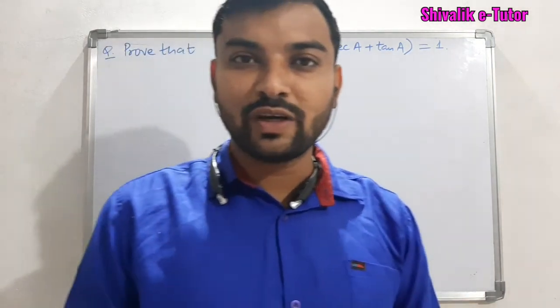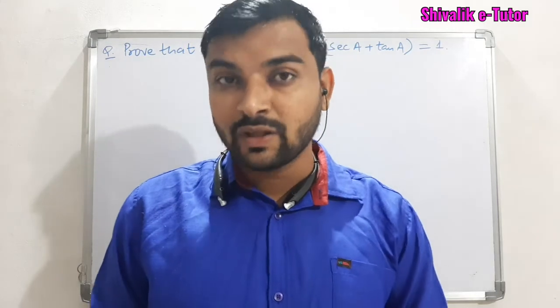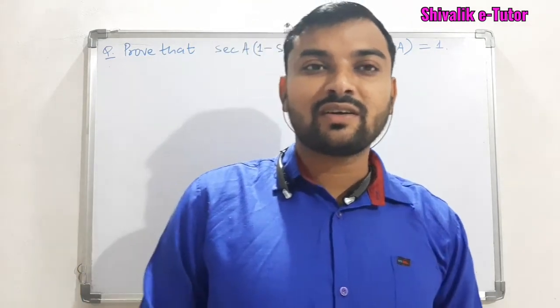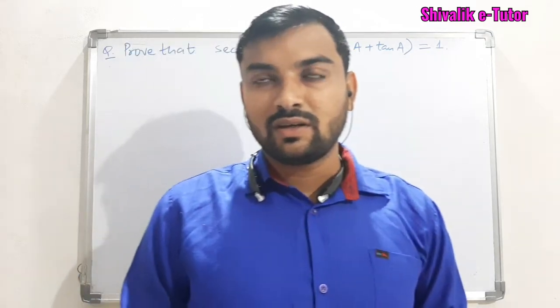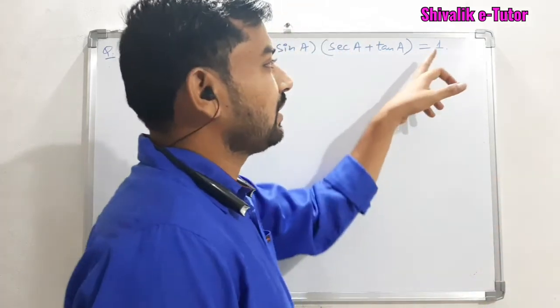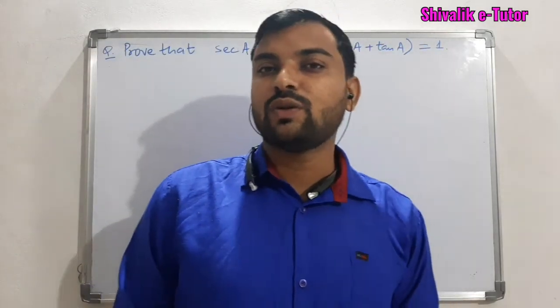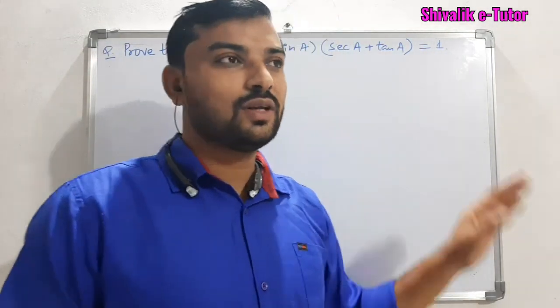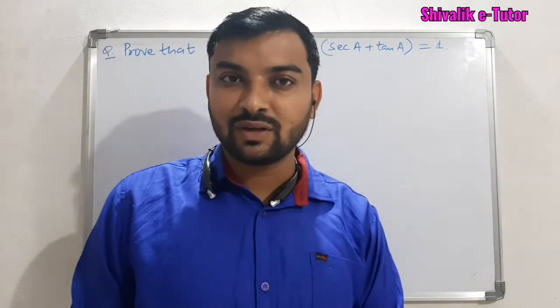We'll be having two sides of it. One is the left hand side and the other one is the right hand side. To prove this result, there are various methods. The first method is very simple. If we have any numerical value, like here we have 1 in RHS, then we can solve the LHS and get this value, so that we will be proving that LHS and RHS are equal.